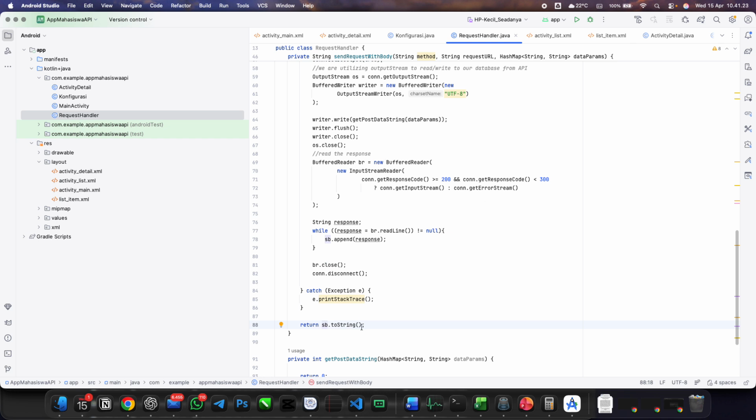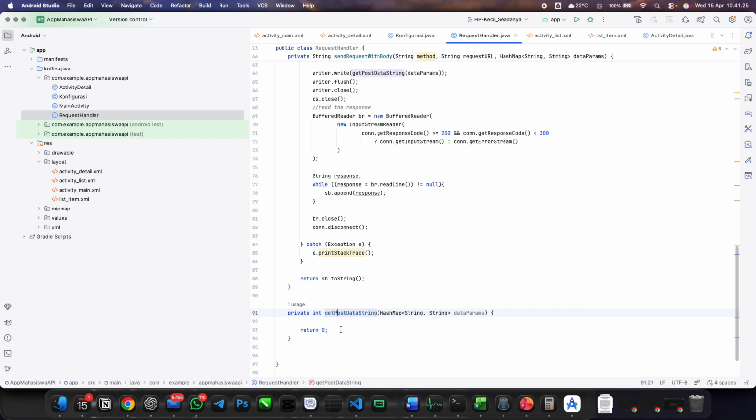is to fulfill this one, the get post data. With that we are trying to create a temporary fix by returning a 0. You have to make sure the name of the hash map will be different, so I will be using params in here to make it different. The return 0, we will just put it over there.